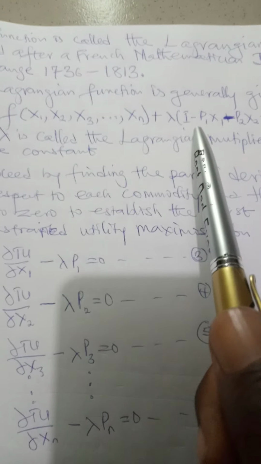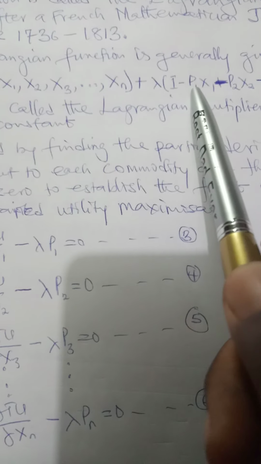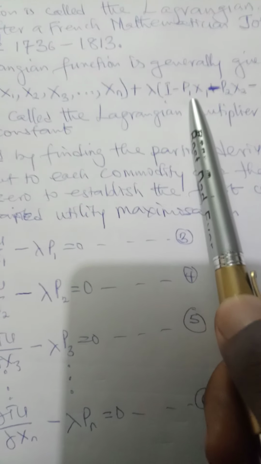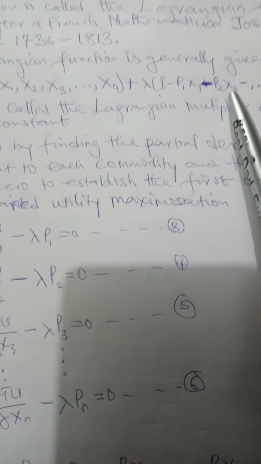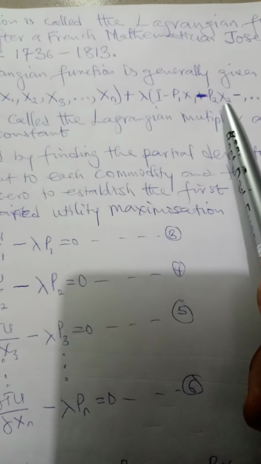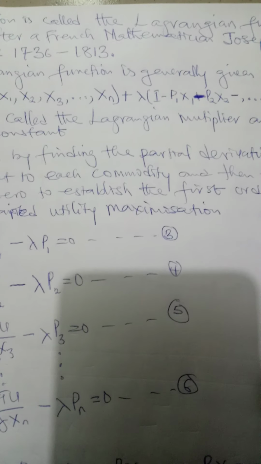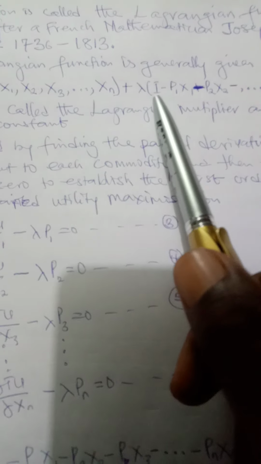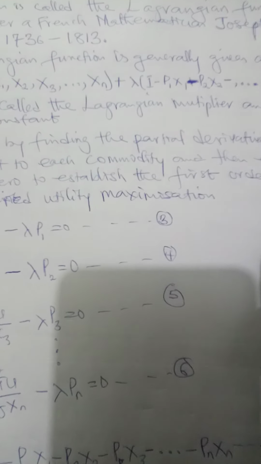Now, you take the income, subtract each amount that is spent on each product that I told you earlier on. So subtract from the income what is spent on commodity X1, minus P2X2, what is spent on commodity X2, minus like that until you get to the last commodity, what is spent on the last commodity. If you do that, this is actually going to be 0. And by the time you say your income minus what is spent on each commodity, and you have 0, and you multiply that by